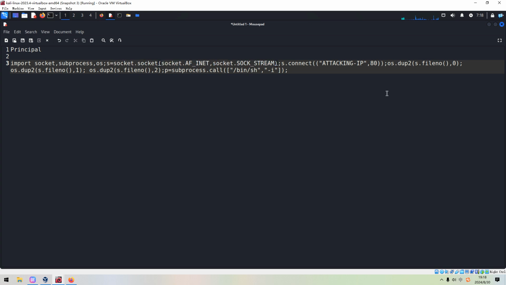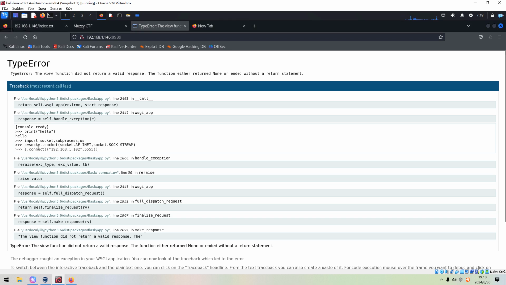and of course we need to change the IP address to Kali Linux, and also we need to change the port number to my favorite port number. So next, I think we can copy and paste over here.